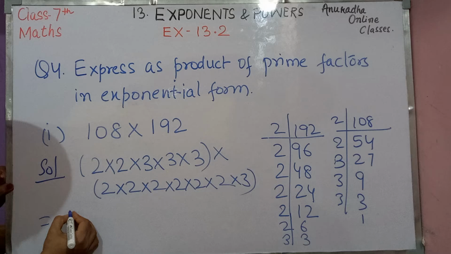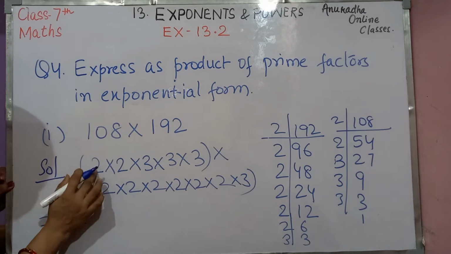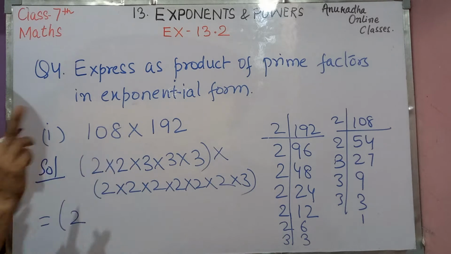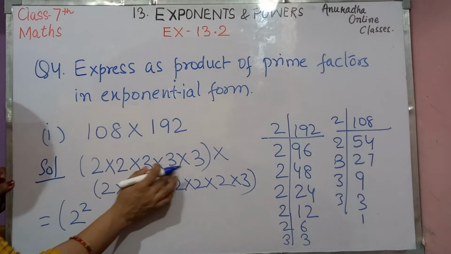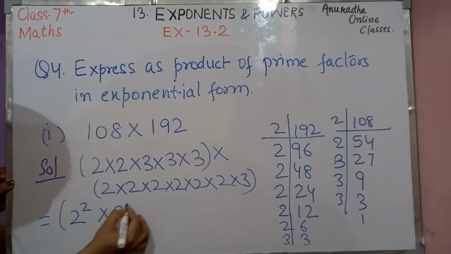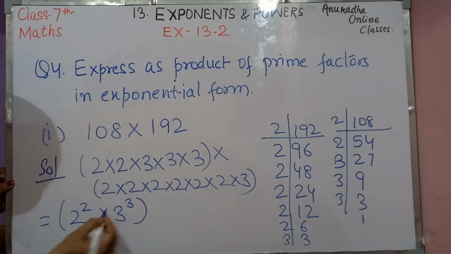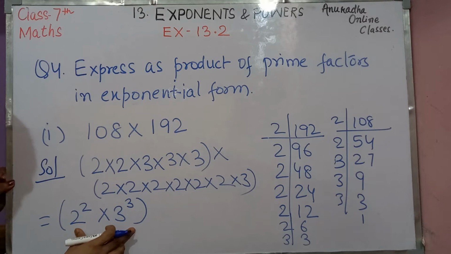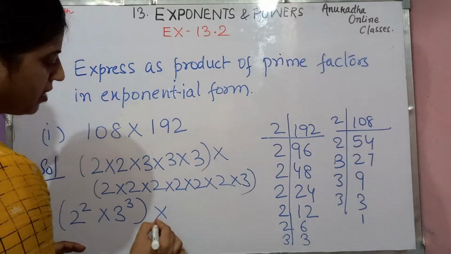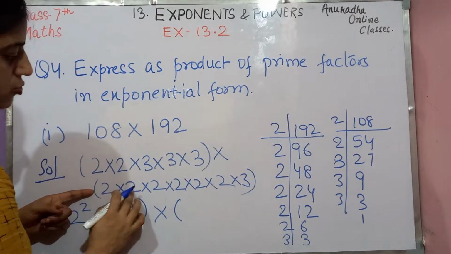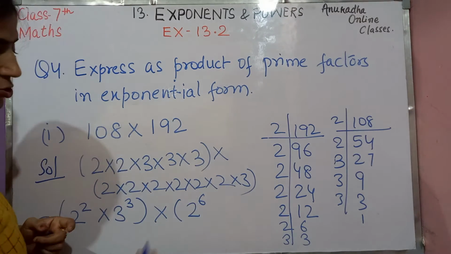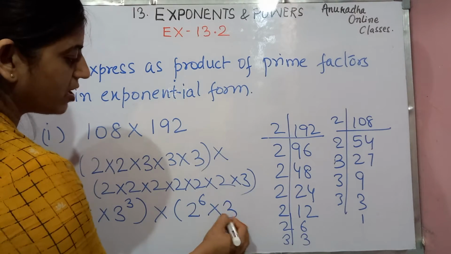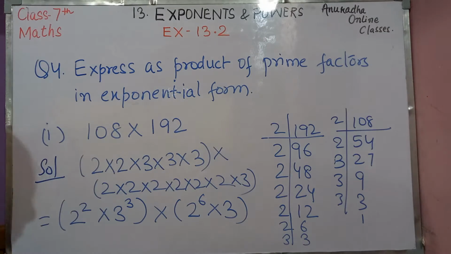अब देखो ये first 2 का means 1 and 2 times 2 is there, so we can write it in this way. And 3 count 1 2 3 into 3 raised to the power 3, that is 3 cube. So ये इसके prime factors हो गए and multiplied by what? 2 1 2 3 4 5 6 times, so 2 is 6 times, so 2 raised to the power 6 into 3 is 1 time only, so it will be like this only.